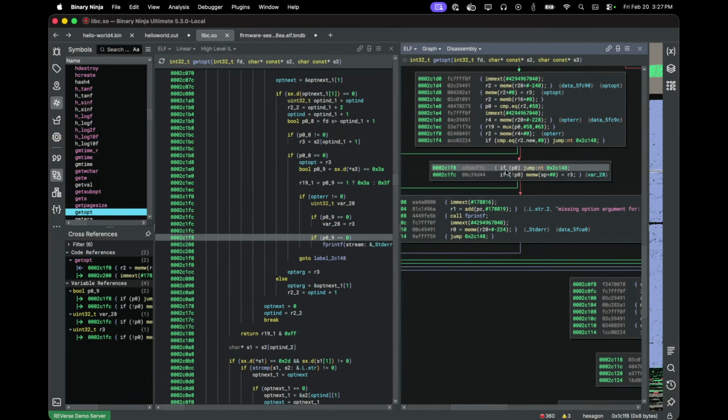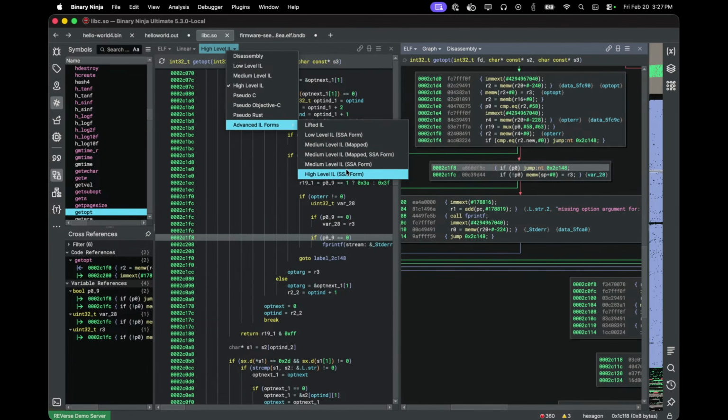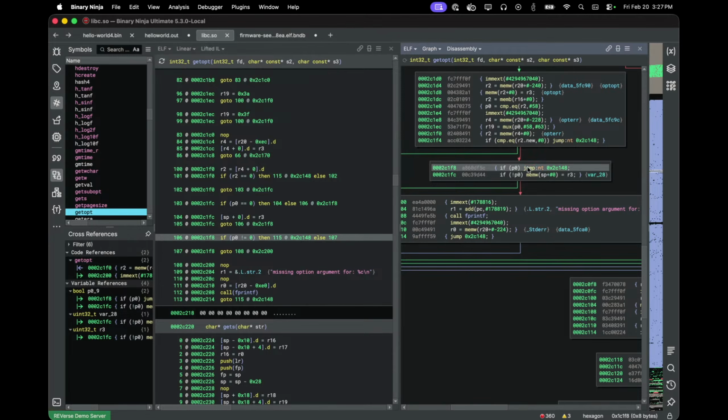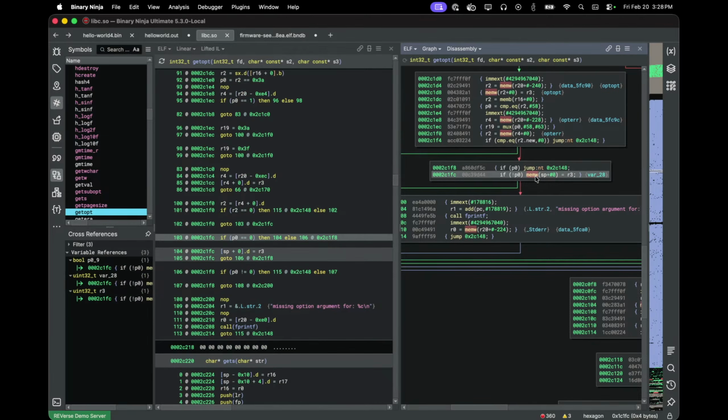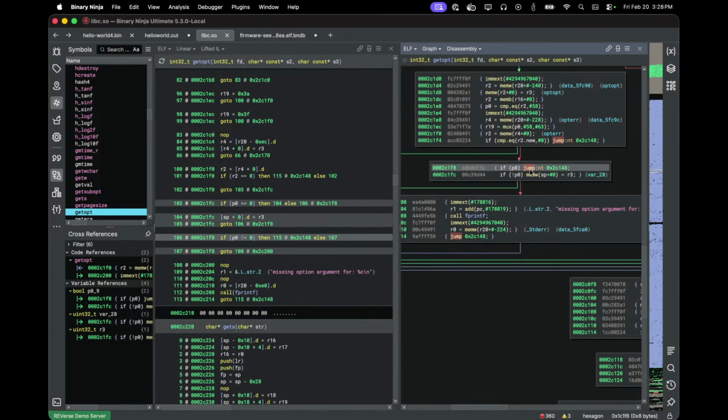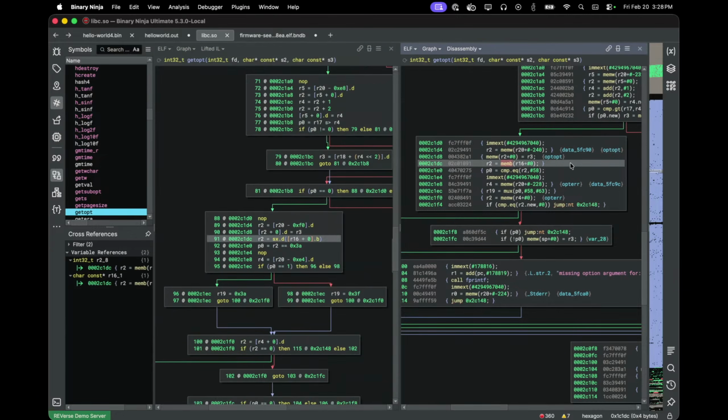This instruction packet right here. You see if P0 jump to this location, and then the second instruction is a conditional move. So if you just lifted these in order using our normal instruction-at-a-time lifting to low level IL, you're going to lift this as a jump, and then this instruction is never going to execute. So you can see in our lifted IL